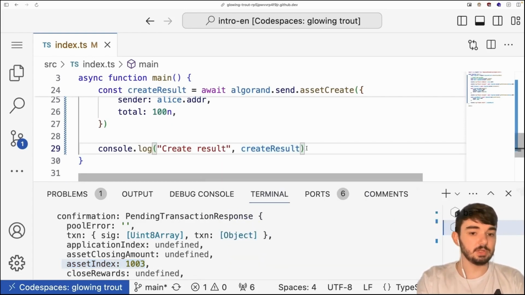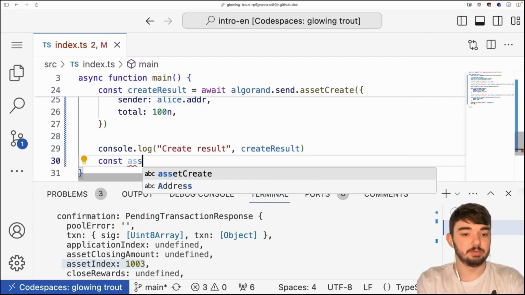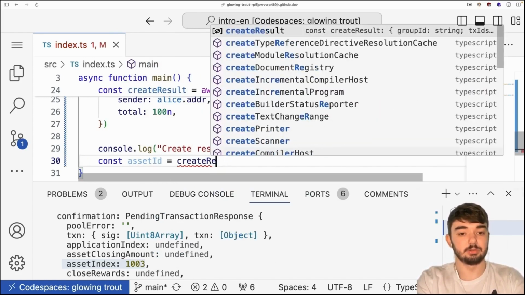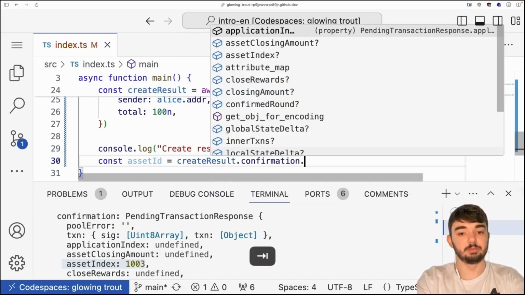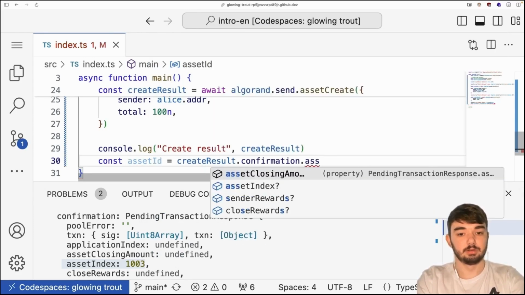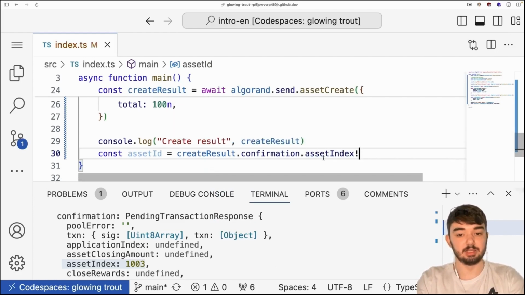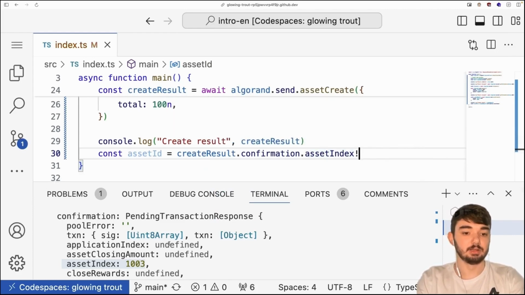So what I want to do is save the asset ID. That's going to be createResult.confirmation.assetIndex. And I'm going to hit it with an exclamation mark because I'm telling my IDE I know that this is defined.